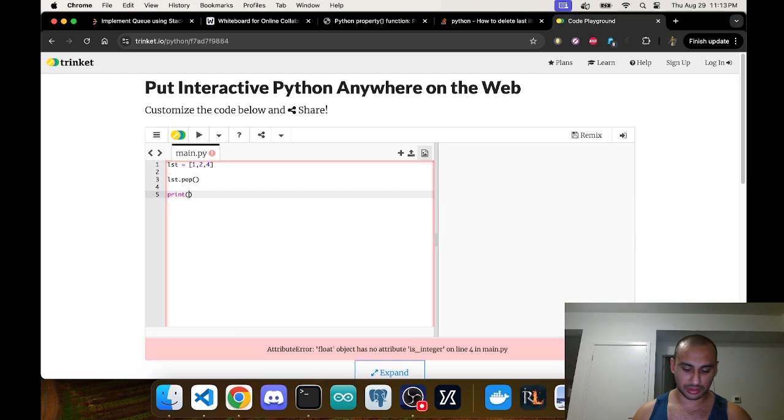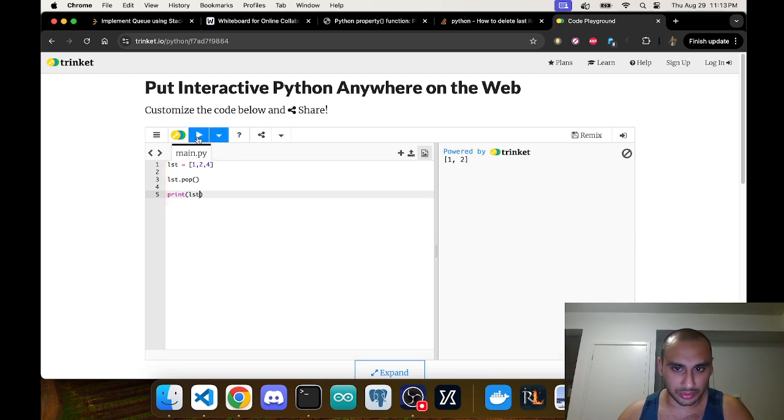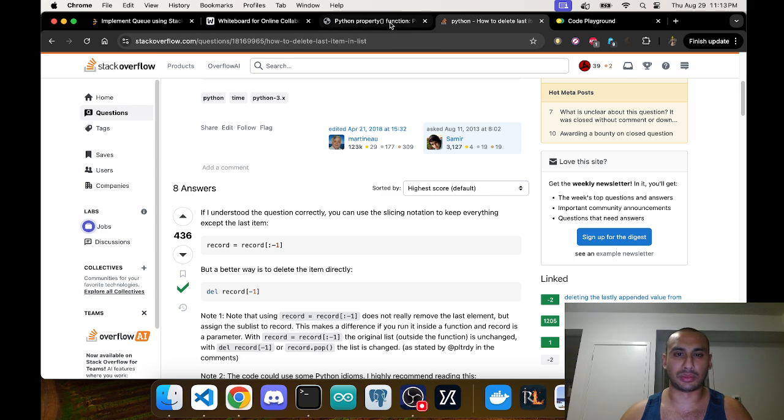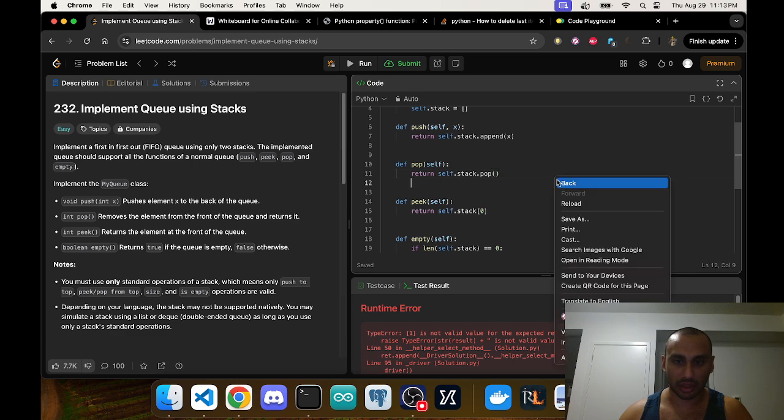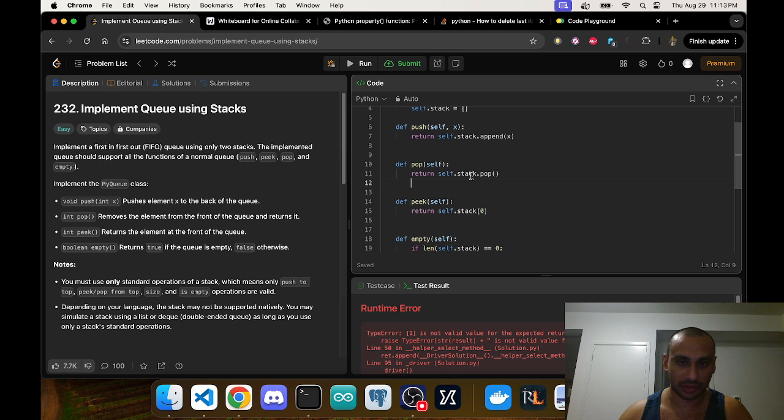Print lst. Does that show me 1, 2? Okay, yeah, it does. So if I just go pop on a list, self.stack.pop, that should pop for self. But this would also cause a recursion. That's what I'm thinking. Which is why I would just want to go